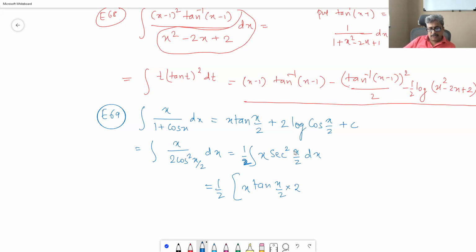Sec square x by 2 is the second function, the integral is tan x by 2 into 2, divided by half, minus integral 2 tan x by 2 dx. Derivative of x is 1. This becomes, 2 to cancel, x tan x by 2 minus